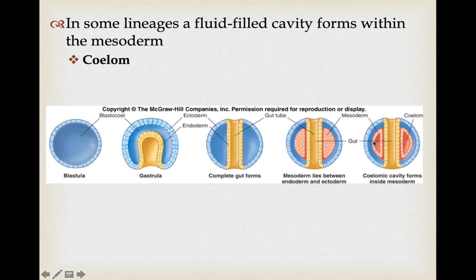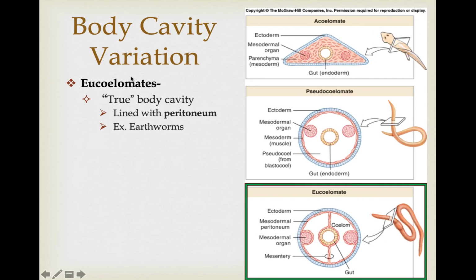In some organisms, however, we have a splitting of the mesoderm so that the body cavity actually forms completely within mesoderm. This is a true coelom. Sometimes it is just referred to as coelom, but in this case we're going to refer to it as the eucoelomate condition. So a eucoelomate, if we just compare it to a pseudocoelomate, notice now we have lining